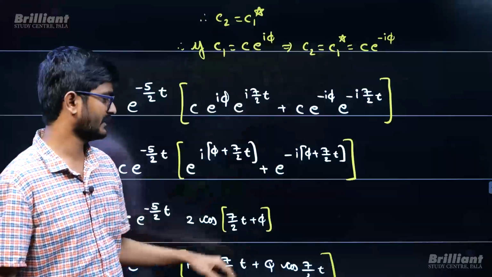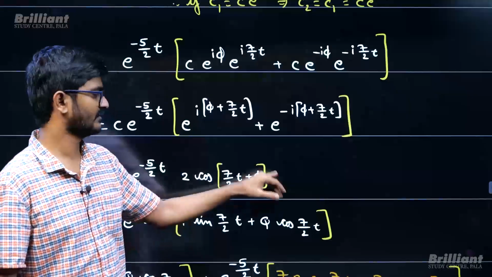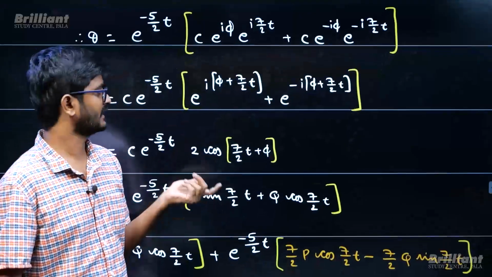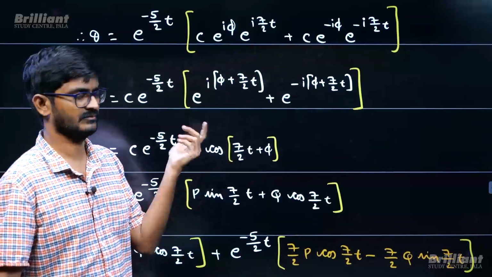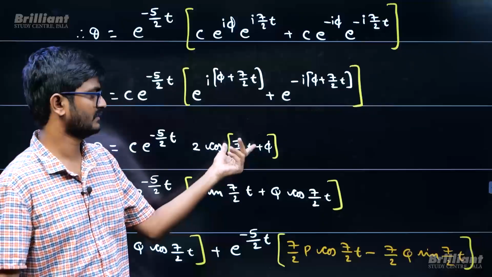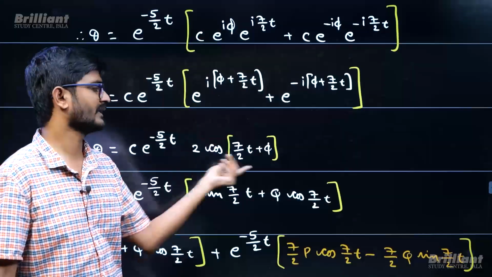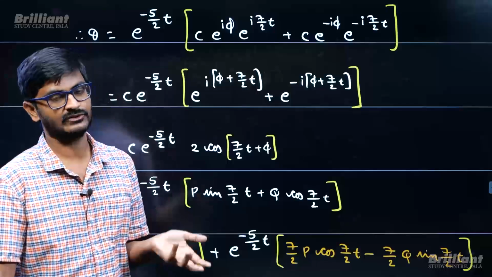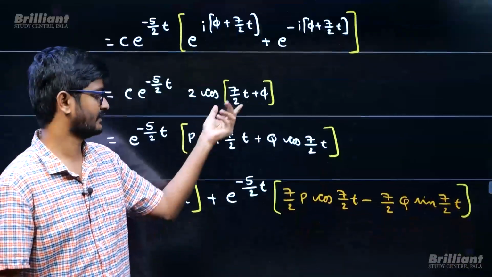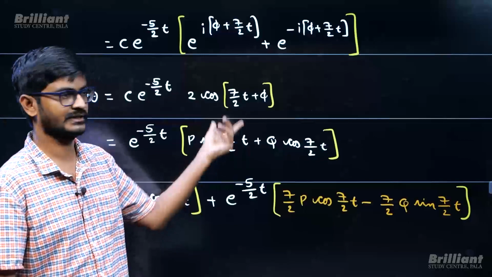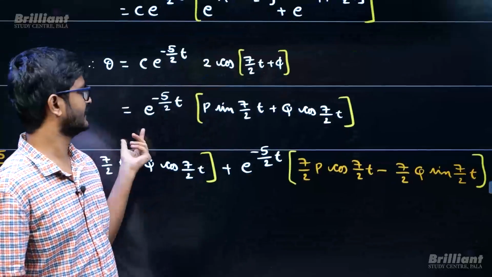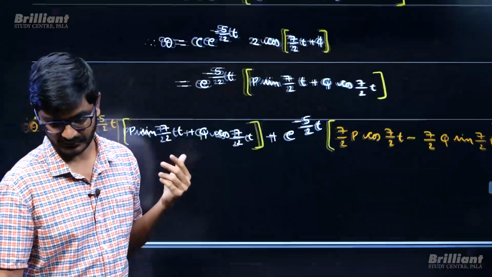When I substitute it back, I will be getting this thing. Now instead of expanding this, I could have directly written it in this form, a sin omega t plus b cos omega t form. Because this you will be getting as cos of omega t plus phi, right. So cos of omega t plus phi, I can write as a cos omega t plus b sin omega t. That way also I could have directly written this thing. Now that's theta, but we need to find